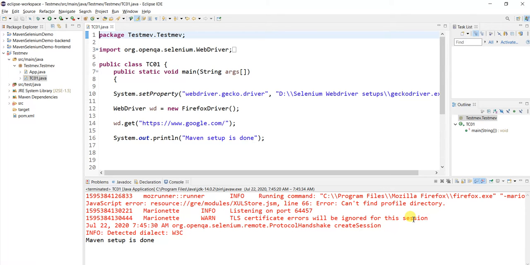The moment we click on finish, we can see that the project reflects on our package explorer. So let me close the earlier project, and the project which we created over here is Maven Selenium demo. This is the project, it has already been created. Now if we have a look on